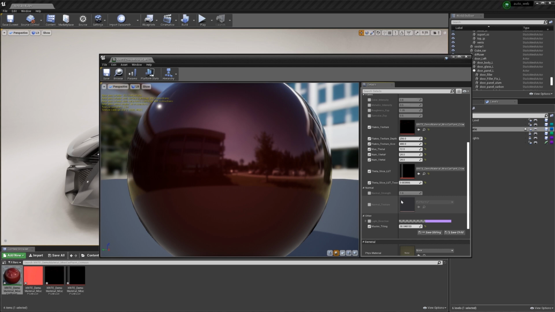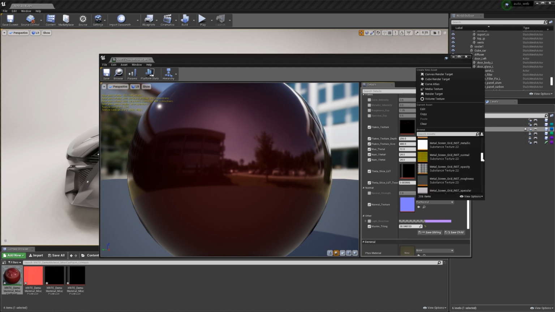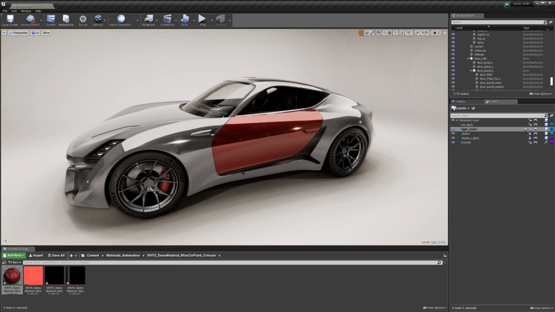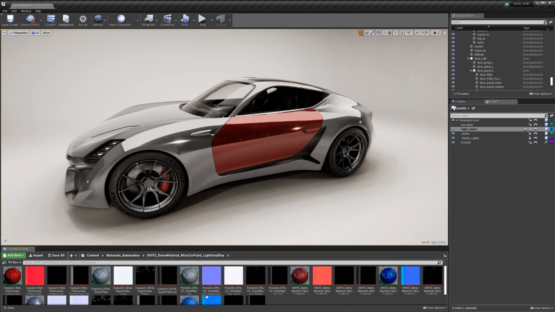You may feel free to actually provide a normal, and to do that you can select from any of the already loaded normals that you might happen to have, including from other materials. And here we'll apply the leather as part of the clear coat, just so that you can see the difference. Once you're done with that, we can just drag and drop this onto our individual car paints. Now in this particular case, we put an interesting clear coat on there. So I'm going to actually switch and do another paint that I've got loaded, so that you can kind of see the